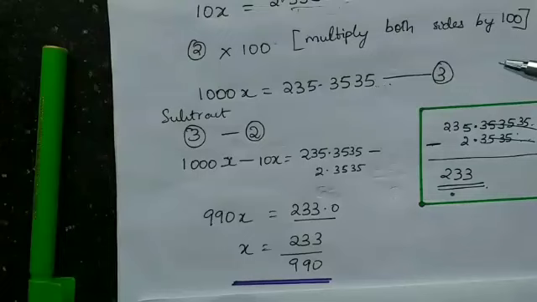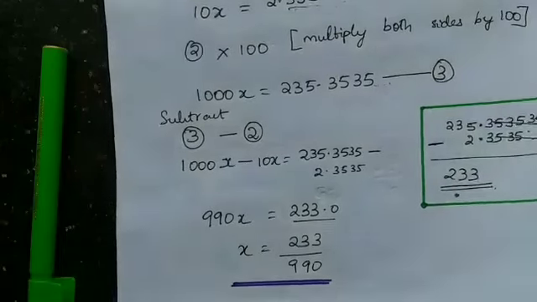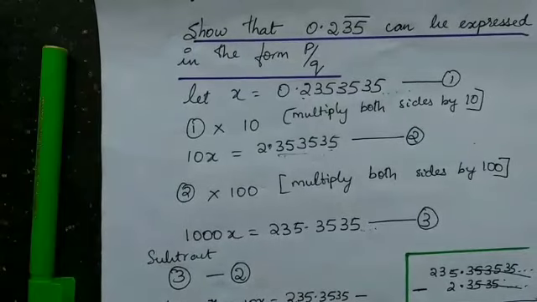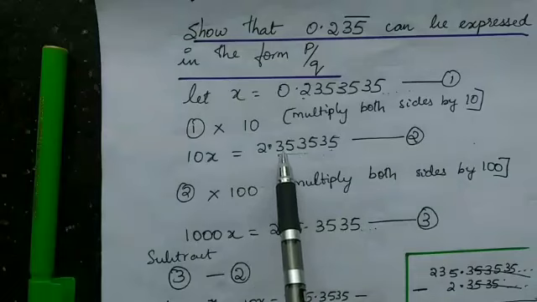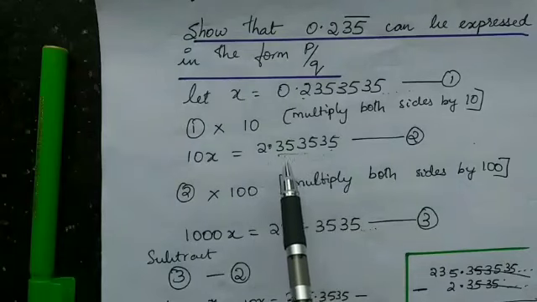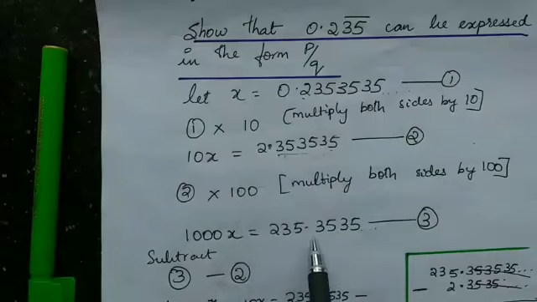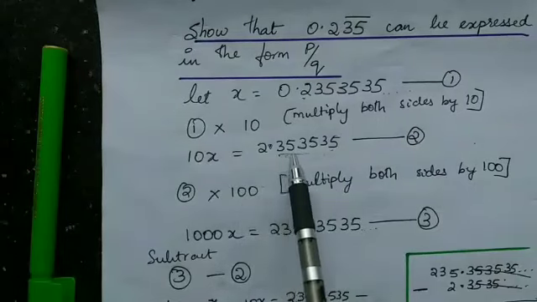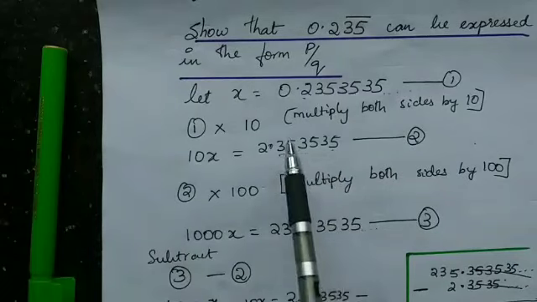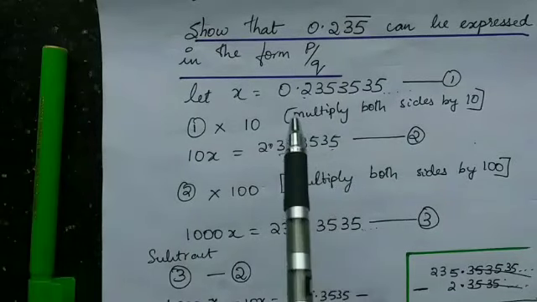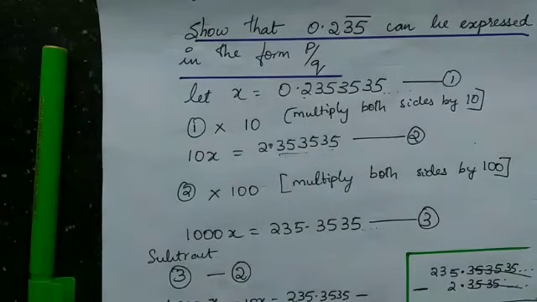Let me repeat the procedure. First you have to remove the obstacle in this problem, and then you have to check how many digits are getting repeated. You have to multiply it according to the number of digits. You have to multiply here by 100, equation 2 into 100, and then you have to check whether the same digits are here after the decimal point such that they disappear when you subtract this equation minus this equation, and finally you get the answer.